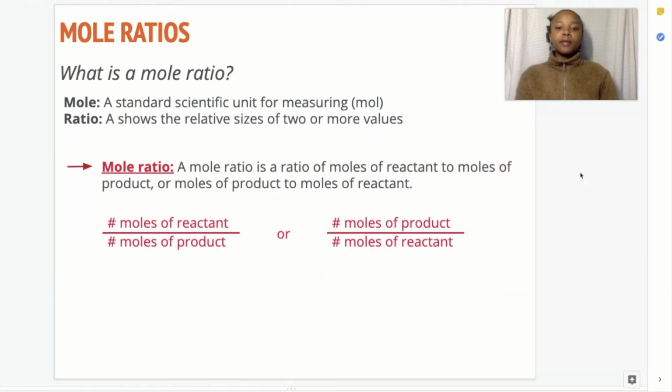Okay, so we know what a mole is, and now we know what a ratio is. So what is a mole ratio? A mole ratio is a ratio of moles of reactant to moles of product, and vice versa. So if you see here,